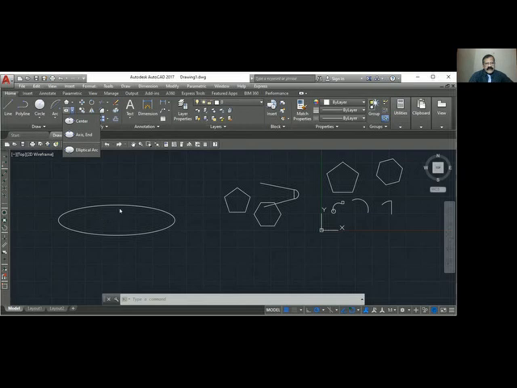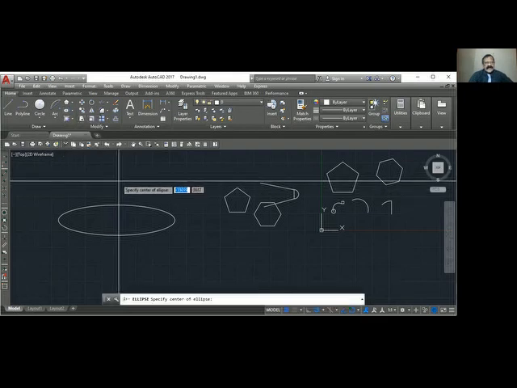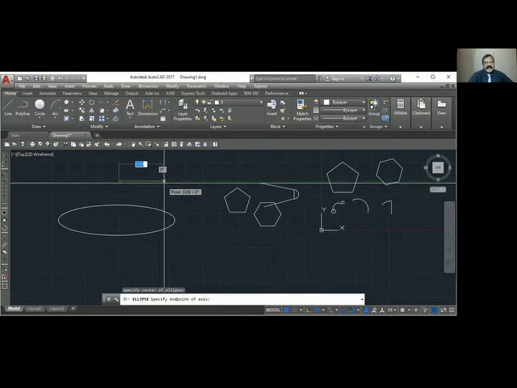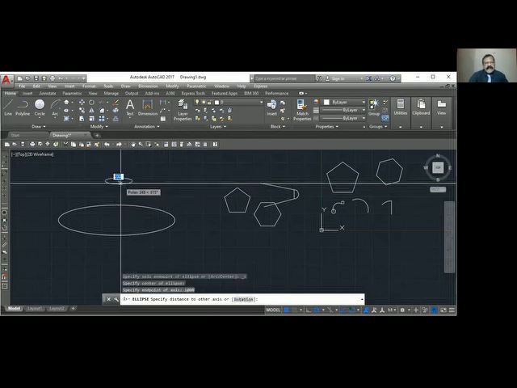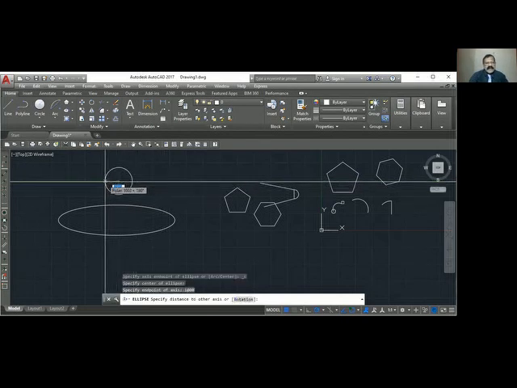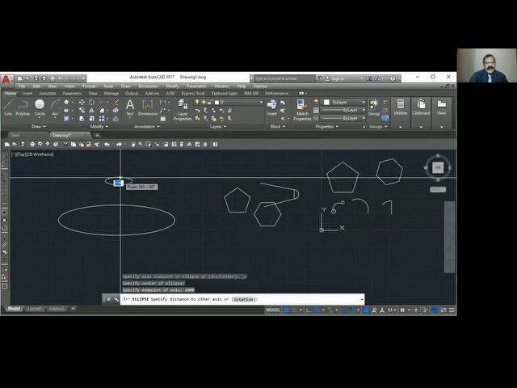Then you have to give the other axis distance. That means from the center, what is the distance you want here? You have to give that. So I will show the center. Now I have to show the edge point. I'll say 1 meter. So it has taken 1 meter this side and 1 meter this side also. Now we have to show the other axis distance.